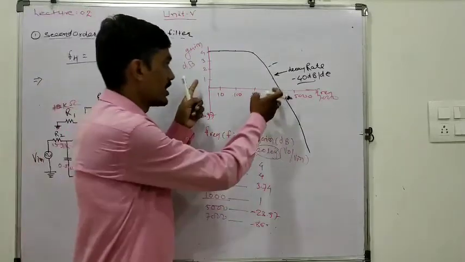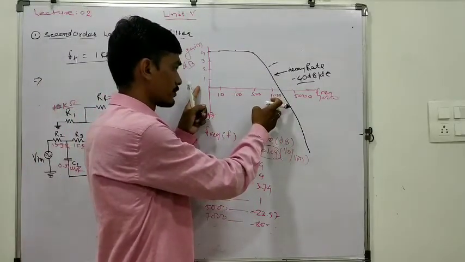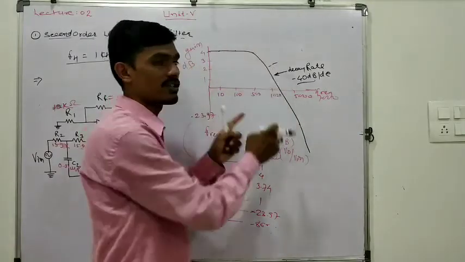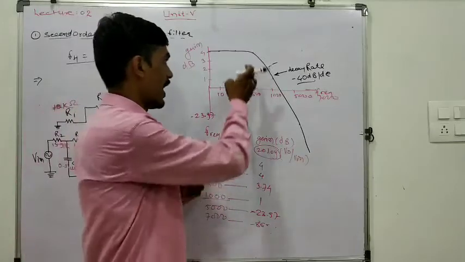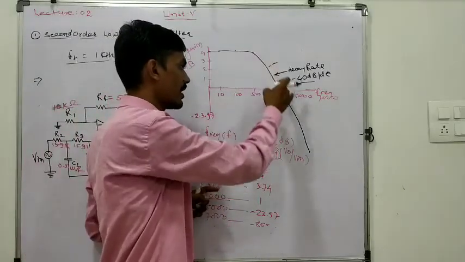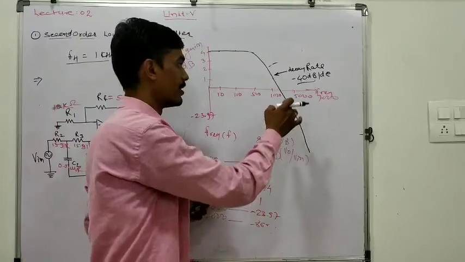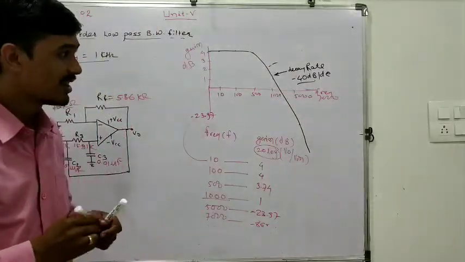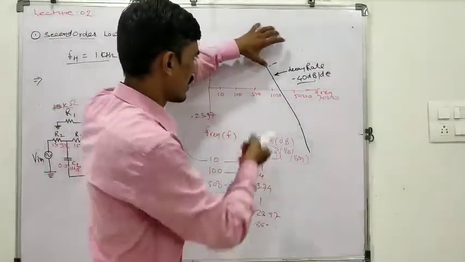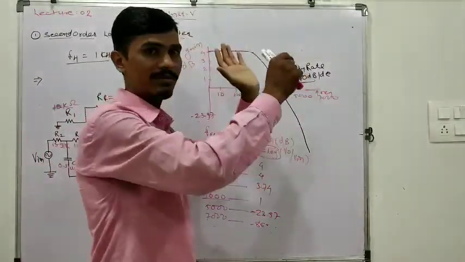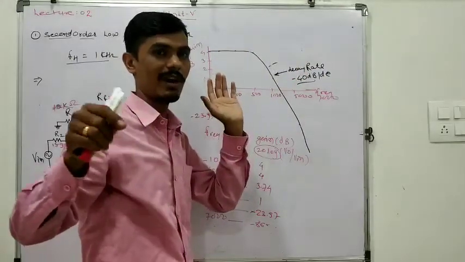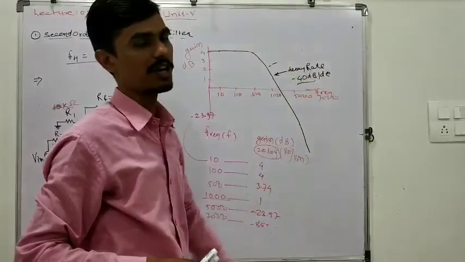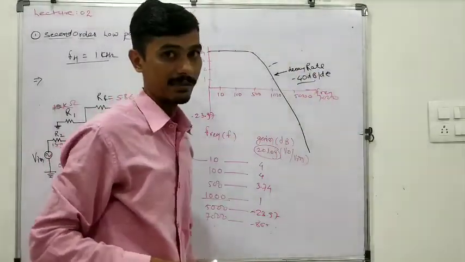Now if you look at the frequency response up to 1000, we are getting nearly constant gain. Okay, and as it reaches 1000, the gain starts to decay, and the decay rate is equal to minus 40 dB per decade. And how to calculate this decay rate? You just take any 2 points, and by using x1 minus x2 divided by y2 minus y1, you can easily find this ratio, that is 40 dB per decade.